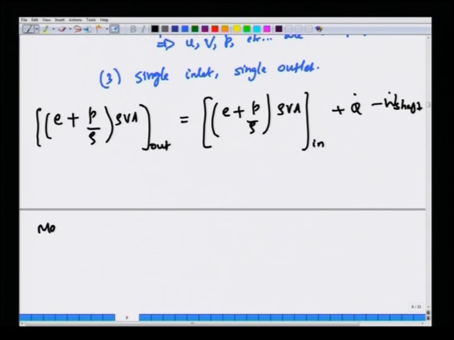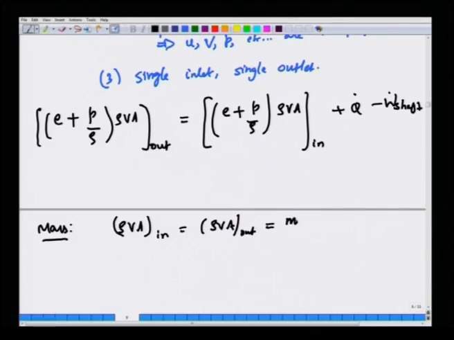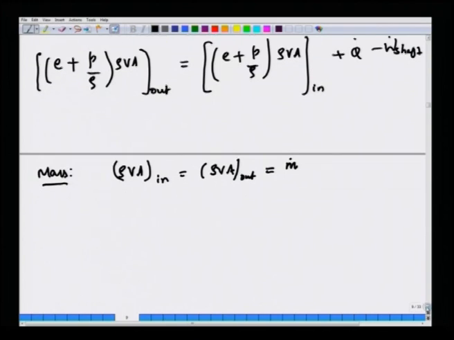If you use the mass balance for a single inlet single outlet system for steady flow, you will find that rho V A at inlet is the same as rho V A at outlet. This is mass in, the rate at which mass is flowing in is equal to the rate at which mass is flowing out at steady state, if there is no generation or consumption of mass within the control volume, and this is essentially the mass flow rate through the system. Okay. So, let me divide this equation by m dot